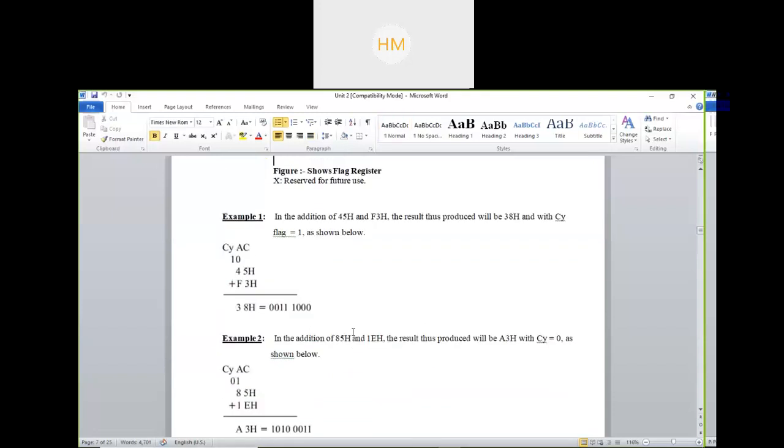So it is always beneficial to convert 45 hex into binary, F3 hex into binary, and then add these two. Addition will be the normal addition you have to perform. 1 plus 1 will be 0, carry will be generated as 1. So have you added this 45 hex plus F3 hex?